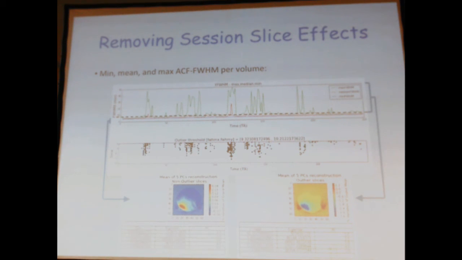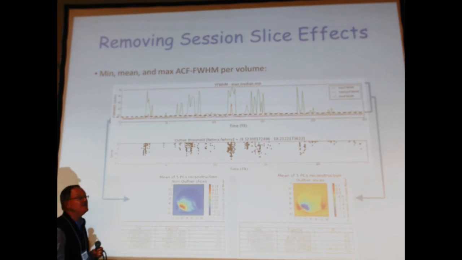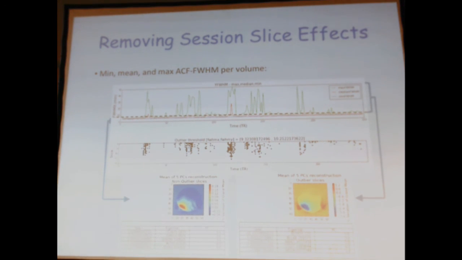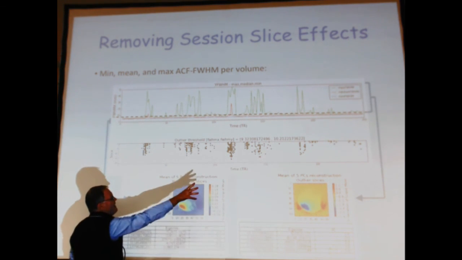This is a moderately bad scanner, one in which the head coil eventually had to be replaced some months later. You can see big clusters of slices across multiple TRs that go out, then come back for a while, and then go out again, this sort of random instability. And you're probably not worried about this, but it occurred to us that we shouldn't just average all these together,